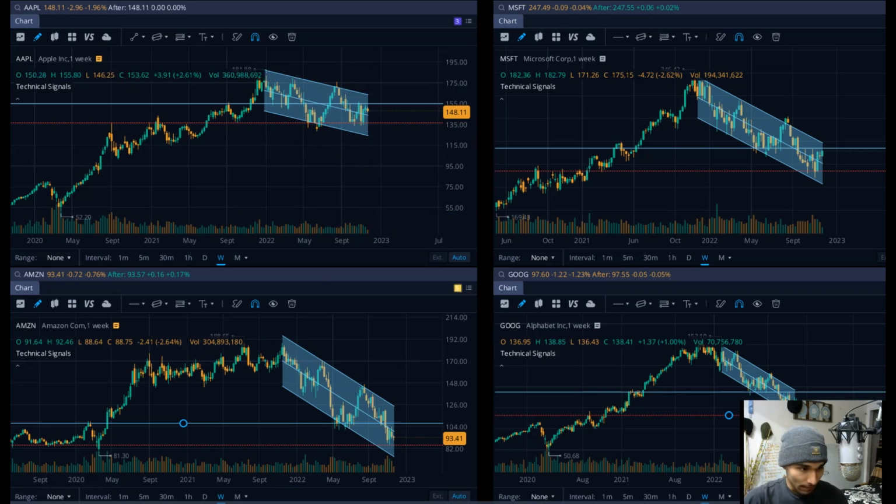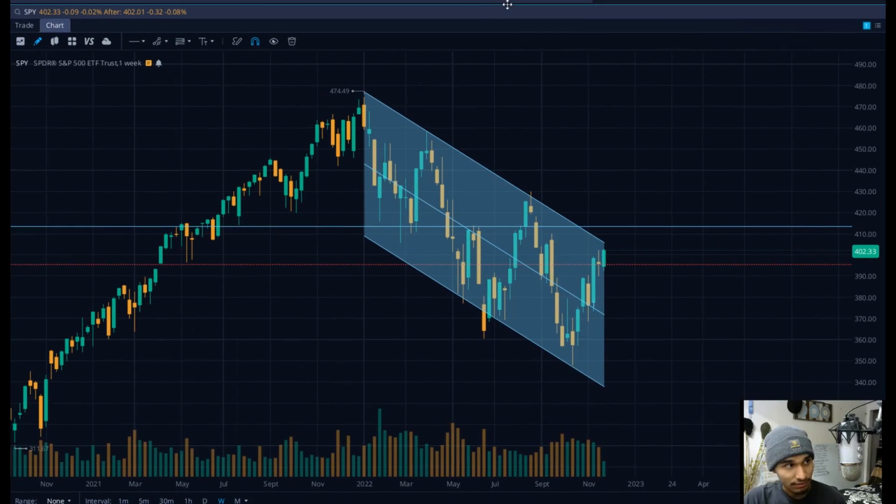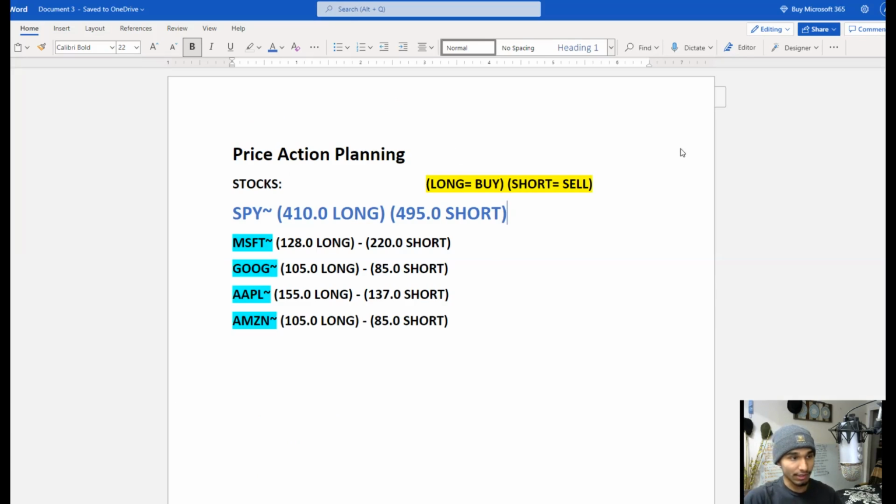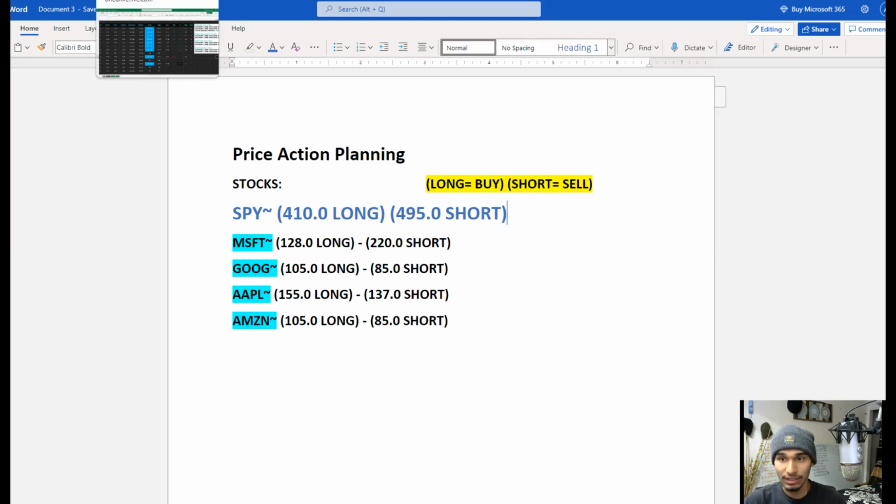Now, if you guys want a better form of this, I have it on paper just to show you guys, so you could take a potential screenshot. It'll help you out. So here it is. That's the plan for my coming week, or I mean the following month. These prices are going to be very important areas to be looking at. So that's it. Take a screenshot if you want and use it at your own risk. I am not a financial advisor. I will make that clear.